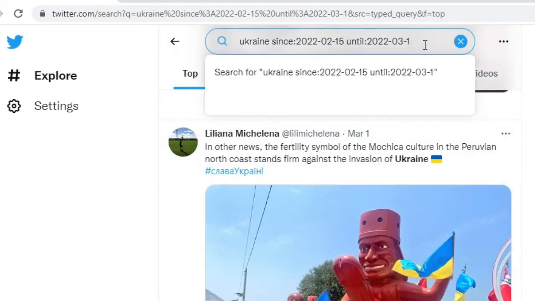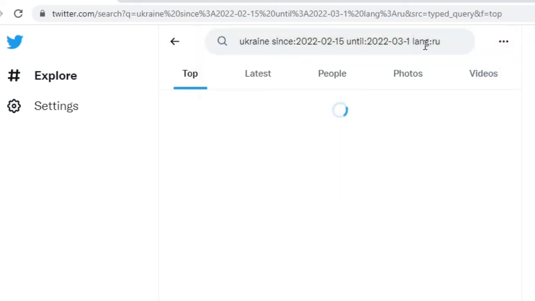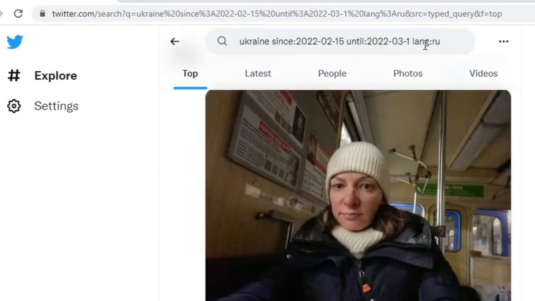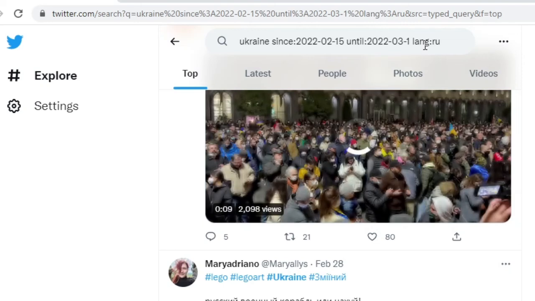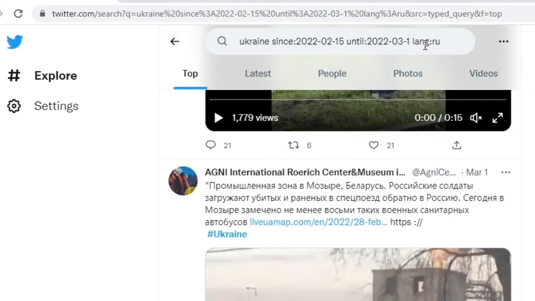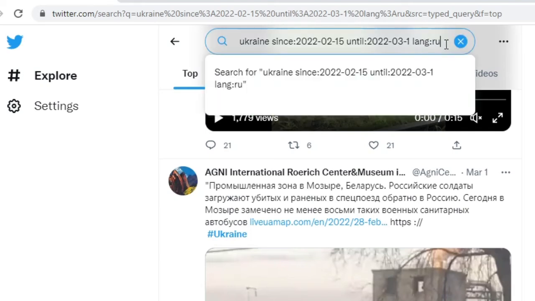We can also specify the language, if you want to specify Russian, for example. Another thing that is interesting to note is we can also use the minimum number of likes and the minimum number of retweets in our search query. So can you add here